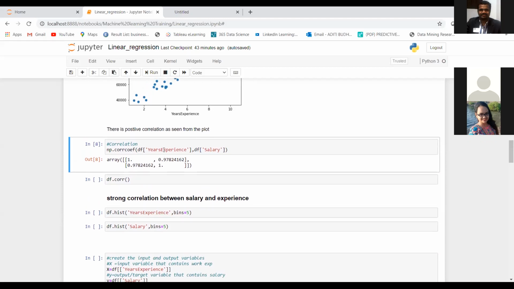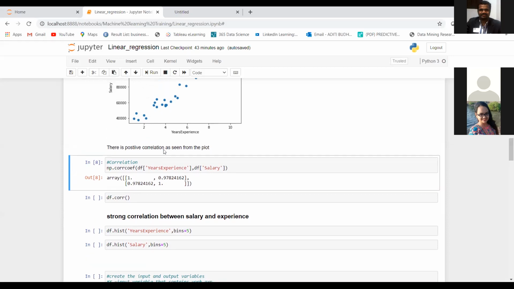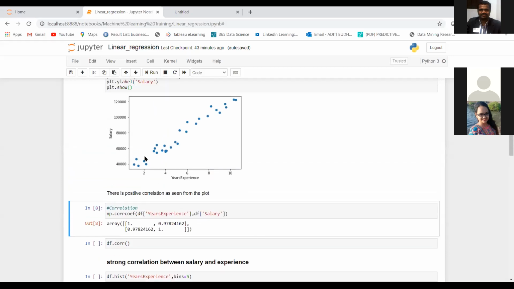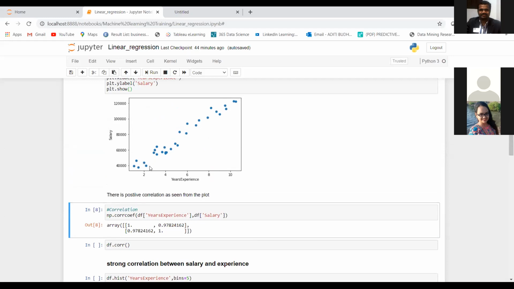Had this been a negative value, we would say that there is a strong negative correlation. Here, as the number of years increases, the salary also increases. This is what we can infer from this graph. But in case of negative correlation, as years of experience increase, salary would decrease.